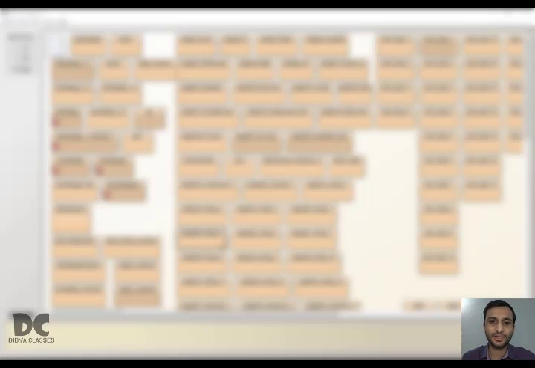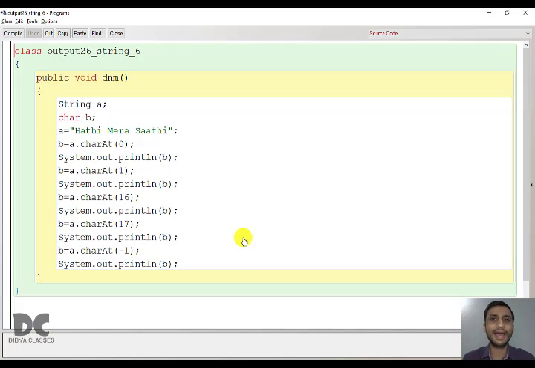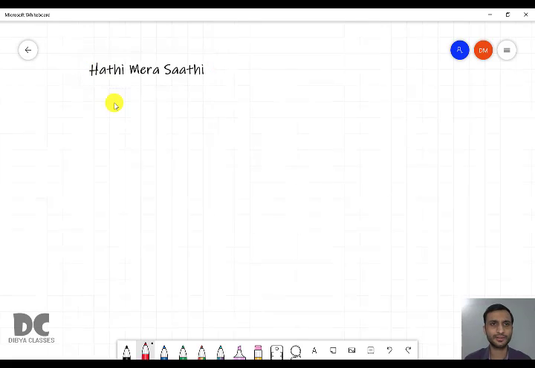So let us start. The first question I gave was based on the function charAt. What does charAt do? It extracts a particular character at a given location. So we have a string "Hathi Mera Sathi" and we're trying to find charAt 0.